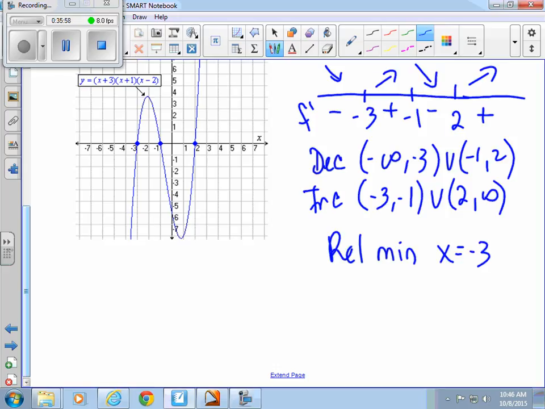Decreasing and then increasing. Is that the only one? Is there any way to know which one of those is lower? I don't have an original function, do I? So I can't plug anything in. All I know is where the relative minimum values happen. Relative maximum happens at